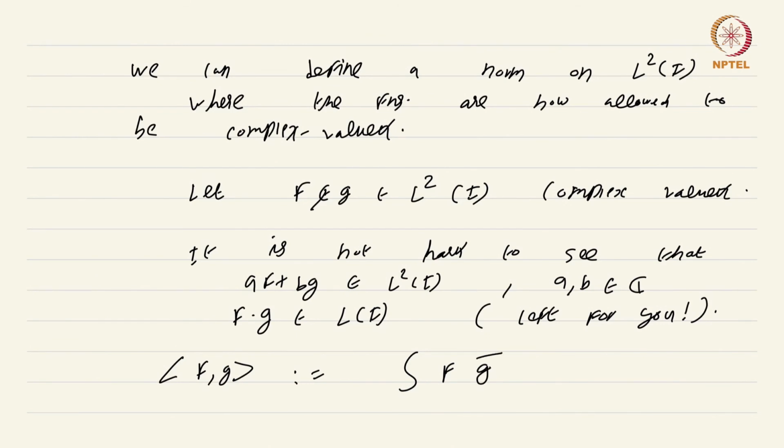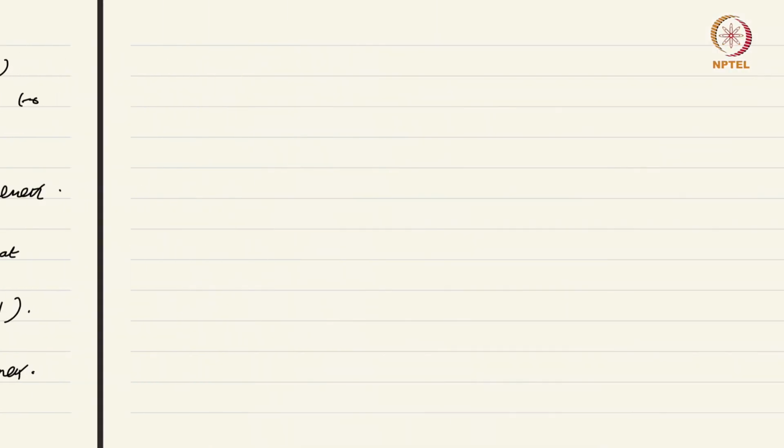In fact, I should say f g conjugate is in L1(I). So check that this is satisfied, that the integral of f g conjugate over I is well defined. And of course, the norm of a vector f would be just the integral of mod f squared over I,